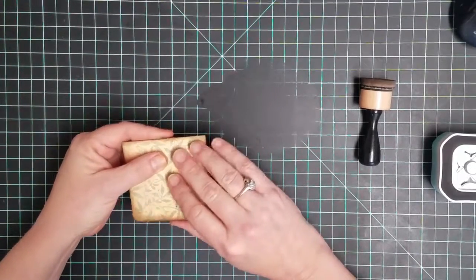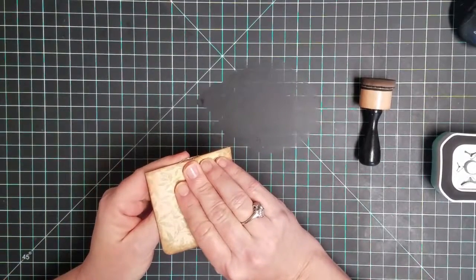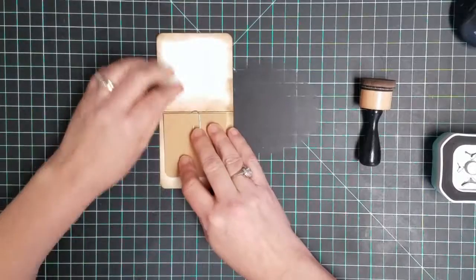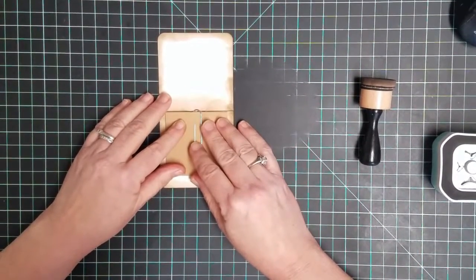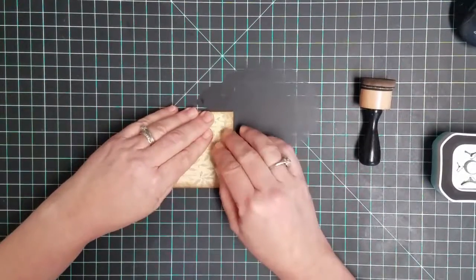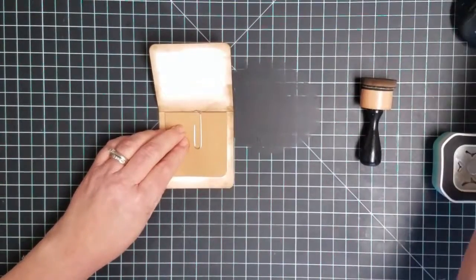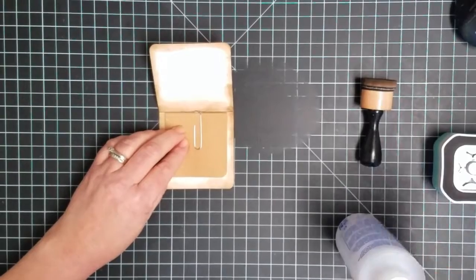A little bit of the paper clip shows, but not enough that you have to embellish it, and that allows my card to sit more flush up against the fold line of my bigger card. Okay, now